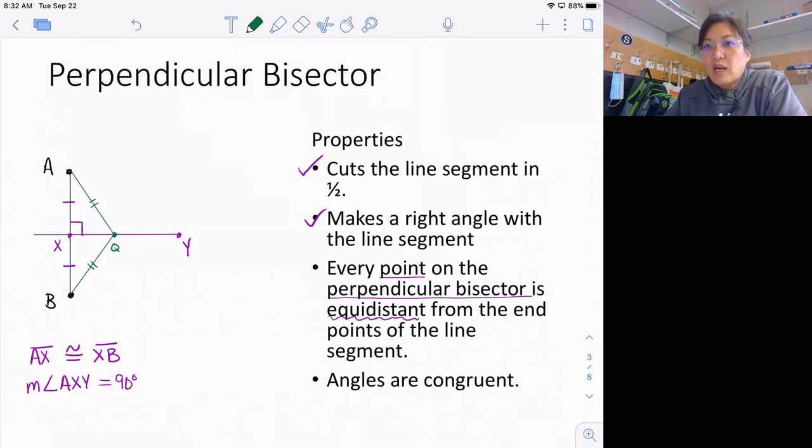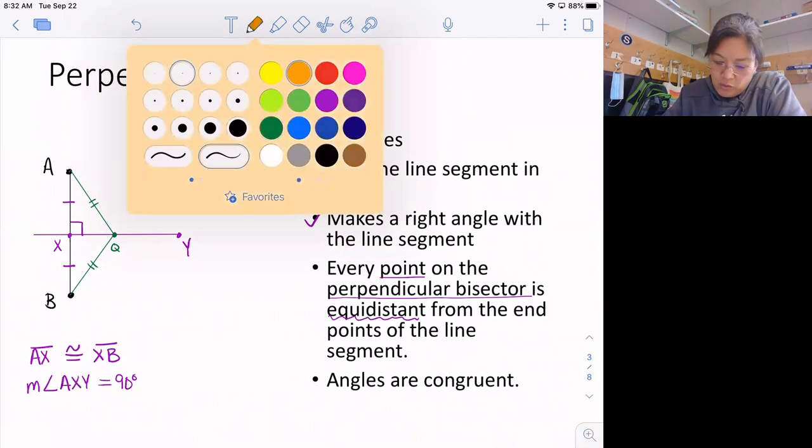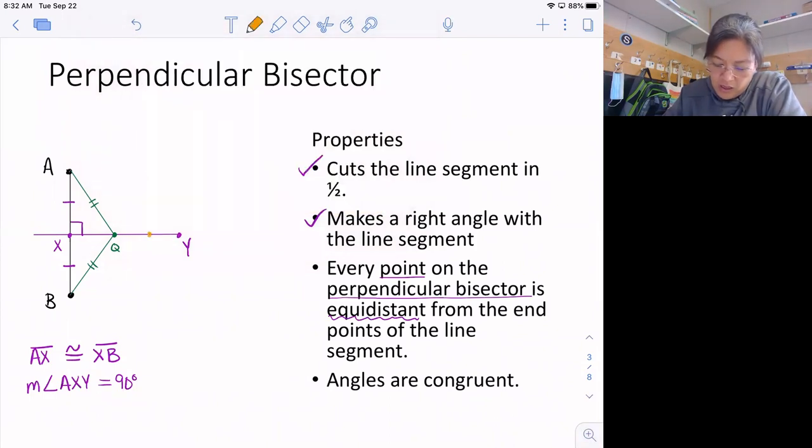And that's what those two lines mean. Those two lines mean that they're congruent to each other. What it also means is if I were to put a point up here, call it P for point, this distance and this distance